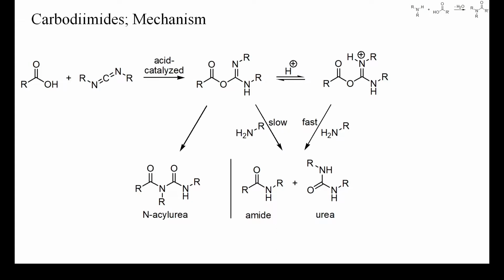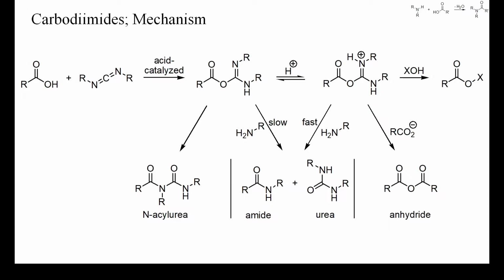An excess of acid will of course also diminish the amount of free amine available, but usually higher yields and cleaner products are obtained when conducting these condensations in the presence of an excess of, for instance, hydroxybenzotriazole. If no amine is present, the O-acyl isourea will react with the starting acid and yield a symmetric anhydride, or with any alcohol or phenol present to yield esters.